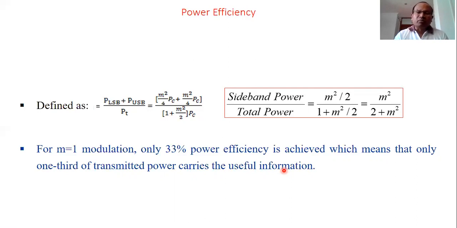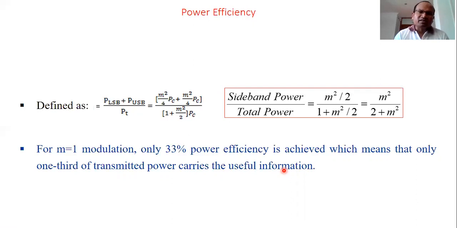Because one important thing is, in the sidebands only the message is there. Similarly, there is one more scheme which we can have: single sideband with carrier or without carrier. There is another scheme of amplitude modulation, that is VSB, used in television, the vestigial sideband modulation method. That is the extension of SSB, which we'll discuss in detail later in subsequent lectures.